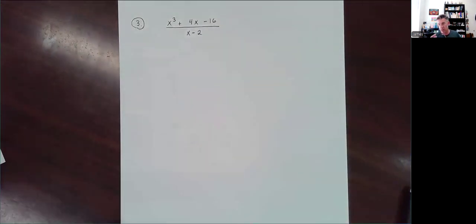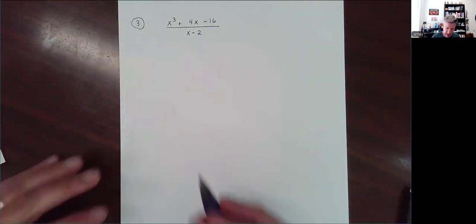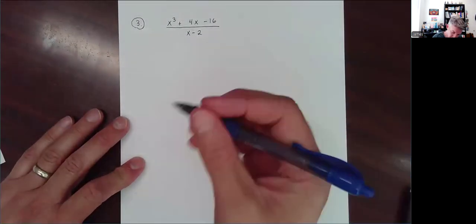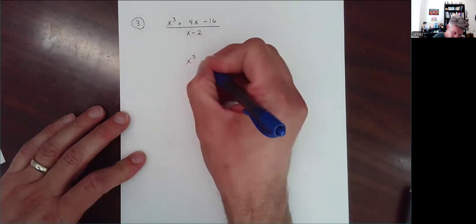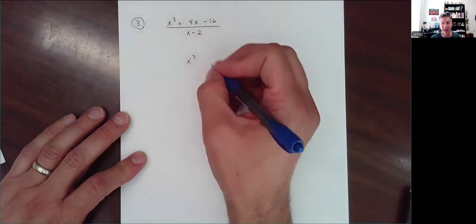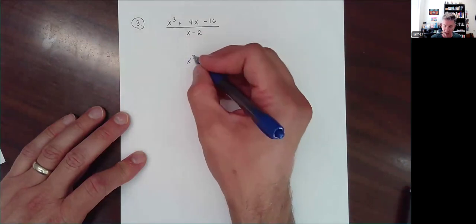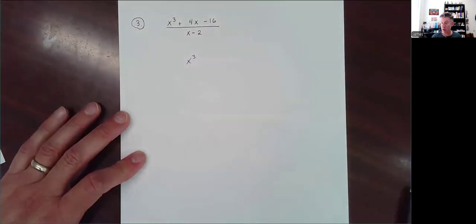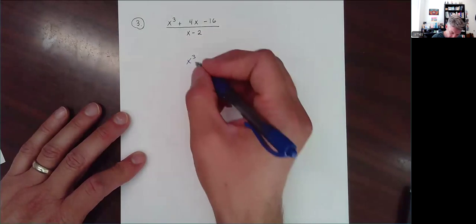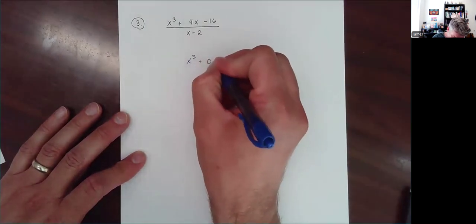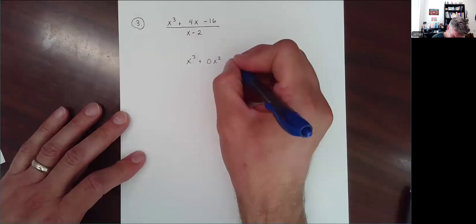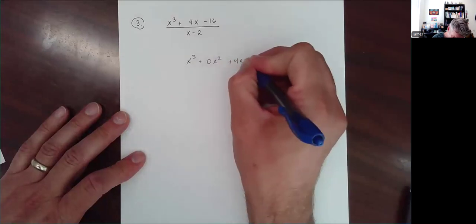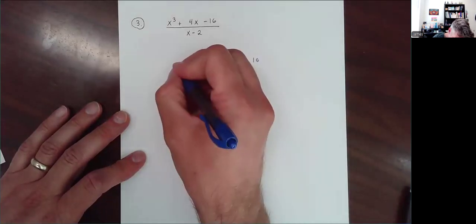goes in the long division symbol, and the x minus 2 is the divisor. It goes out in front. So we're going to rewrite this as x cubed. So here's where I need the other thing. I want every power of x after my highest power. So I really would like an x squared term as well. It just makes life easier. So I'm going to write plus 0x squared, even though normally we don't need that. It is useful here. Plus 4x minus 16 divided by